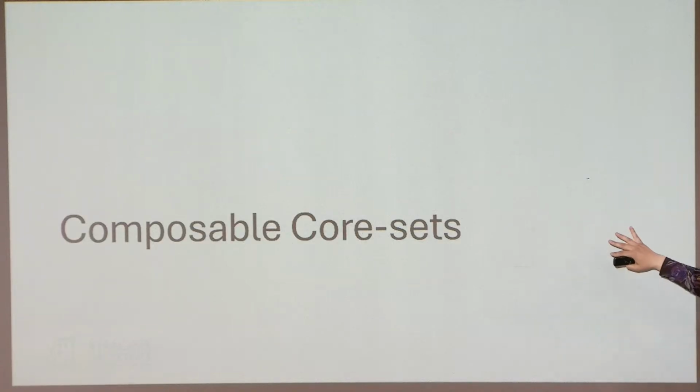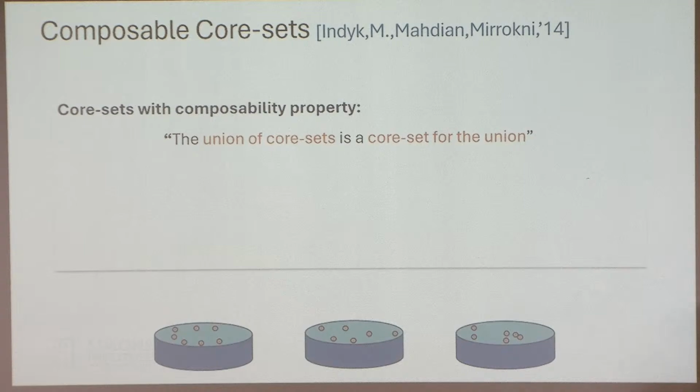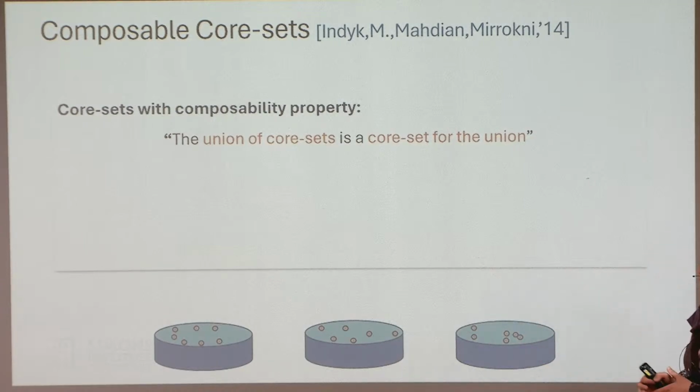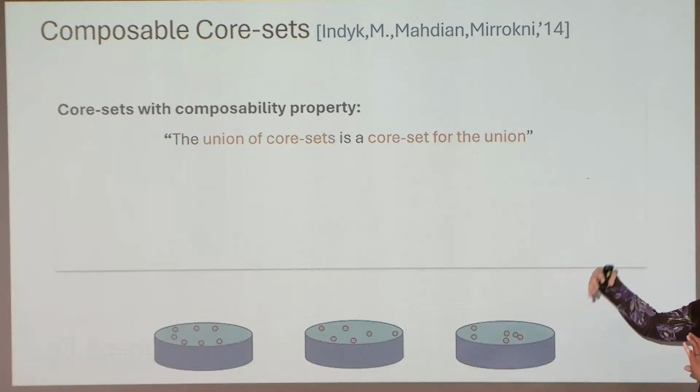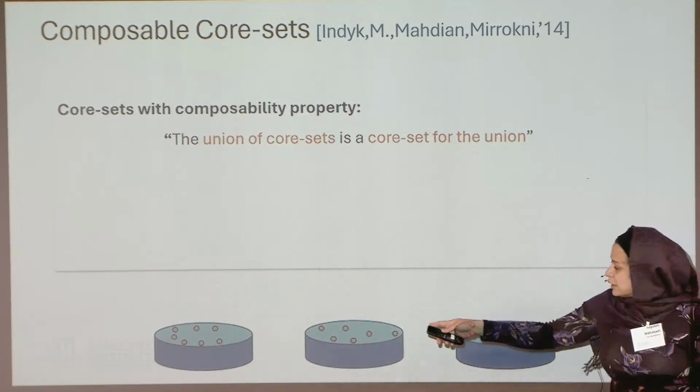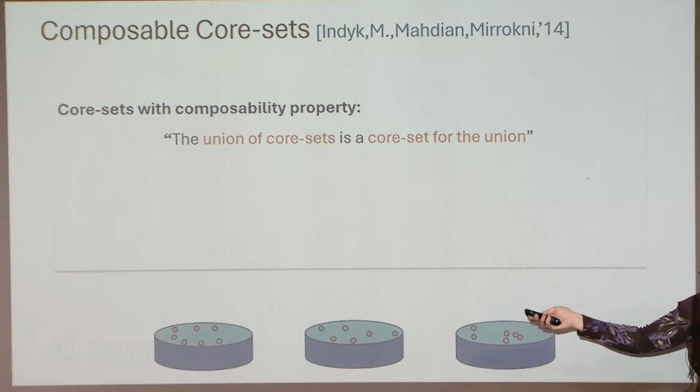Okay. So the second part is going to be on composable coresets. A composable coreset is a coreset with an additional composability property, meaning that the union of the coresets should be a coreset for the union of the original data sets. So in particular, suppose that